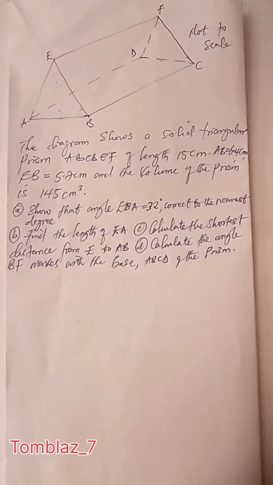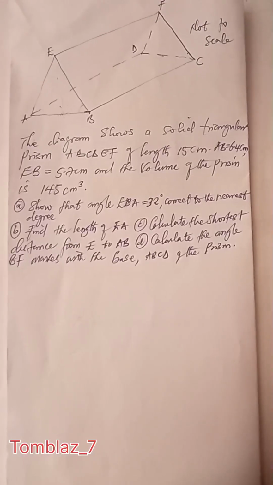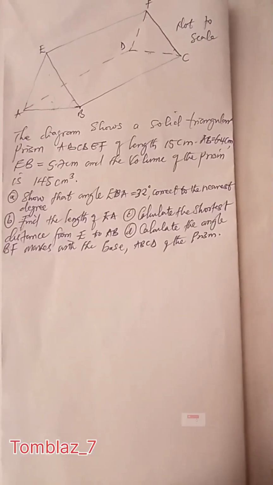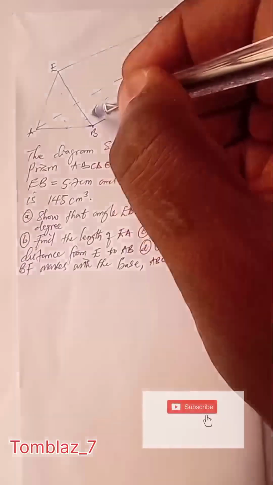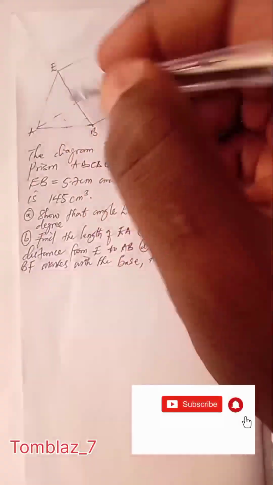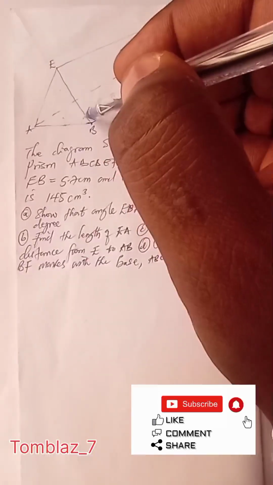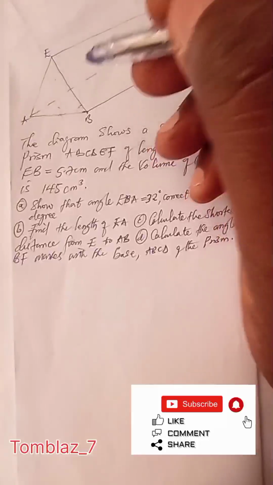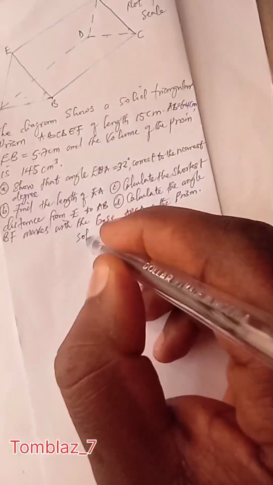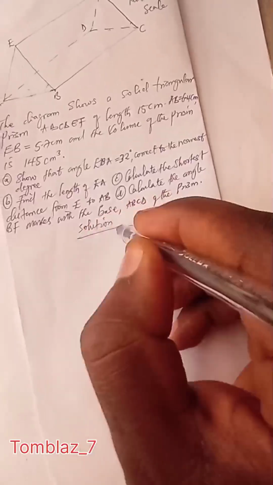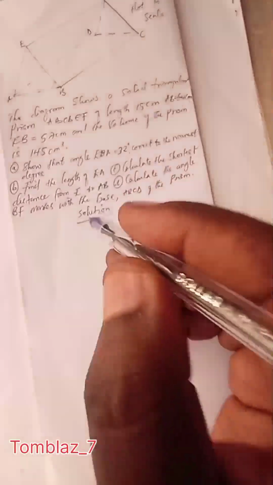Now, first, they say we should show that angle EBA is equal to 32 degrees. That's this angle here, EBA. They want us to show that it is equal to 32 degrees. So first, we'll start with our solution. And we know that for